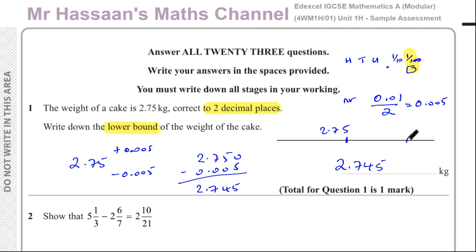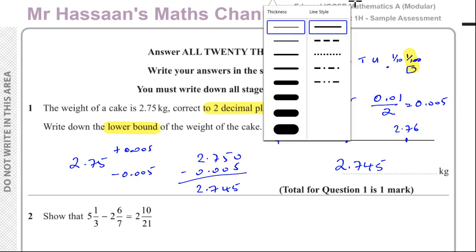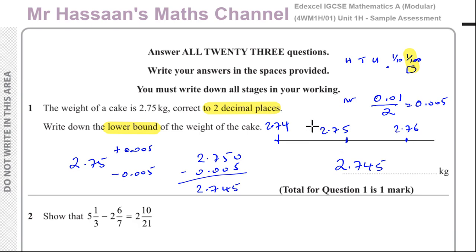The next hundredth up would be 2.76, and the next hundredth down will be 2.74. So if something rounds to the nearest hundredth,